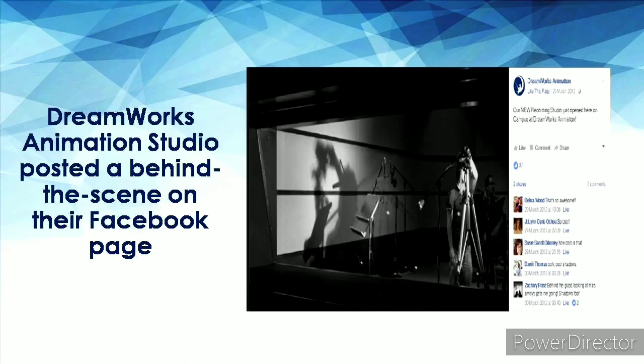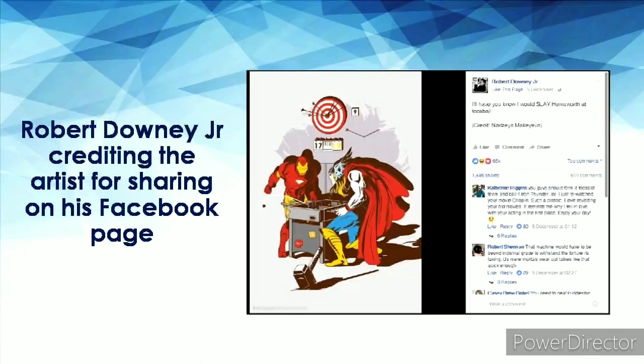That's a selling point. And in this case, a behind-the-scenes photo at DreamWorks, one of the greatest animation studios that has produced many great animation classics. With a brand name like this, people would be curious to see how it looks and how production works behind the scenes. Recognizing and appreciating your audience on your Facebook page is another good way to turn them into your